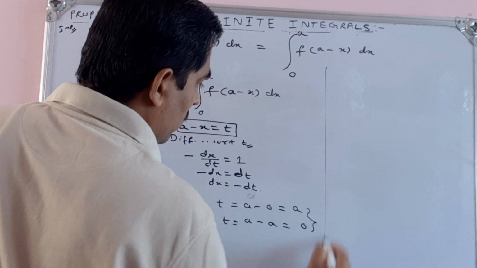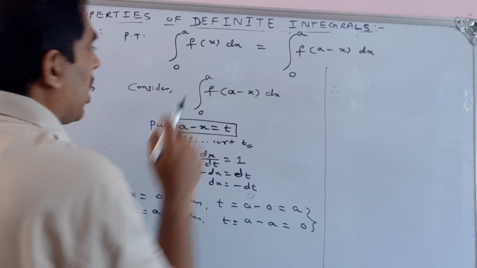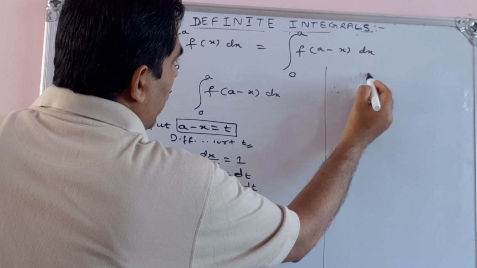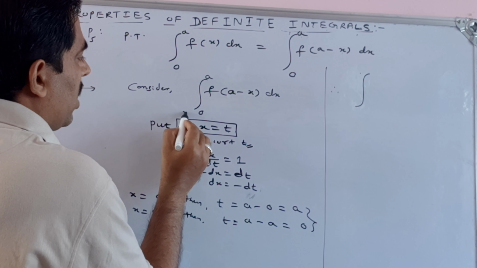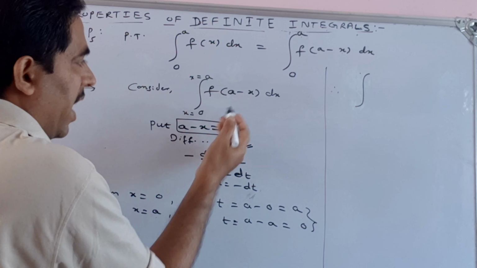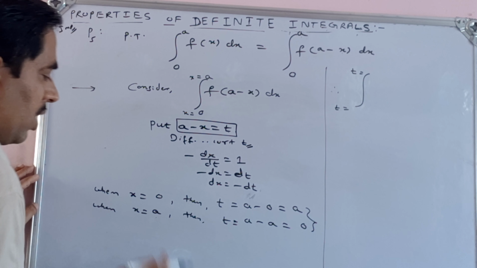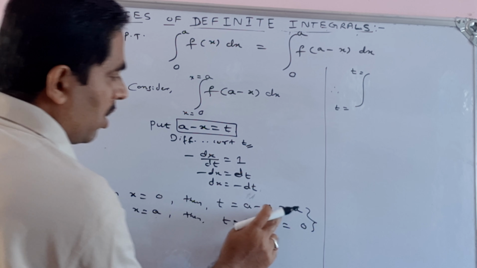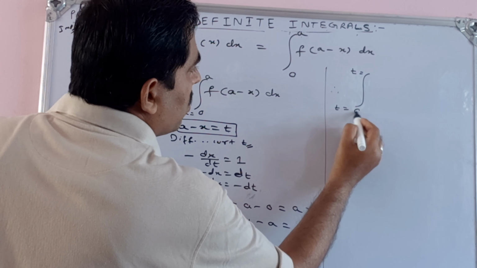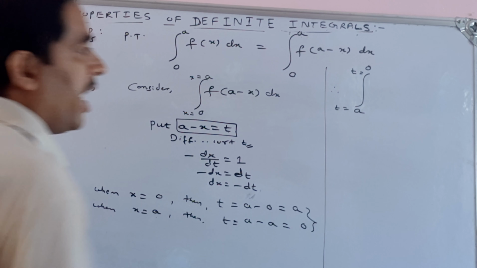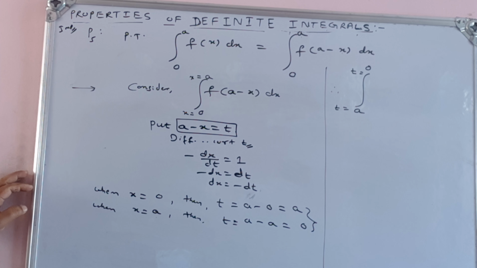Therefore, this integral becomes, observe this. So we have to write like this, okay, continue. The integral of, x is equal to 0 to x is equal to a. So then this becomes what? t, because our substitution is t. So when x is equal to 0, t is equal to what? a. Then when x is equal to a, t is equal to what? 0. We'll write this, a to 0. So the limits of integration have been